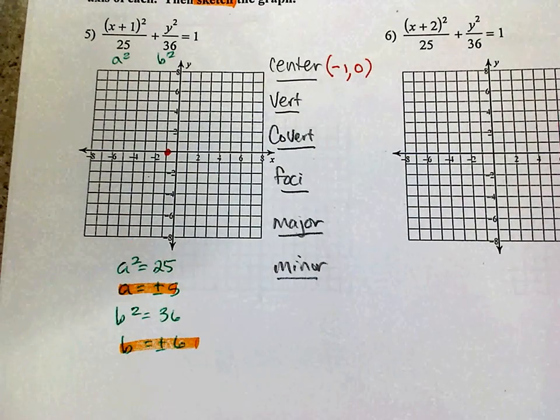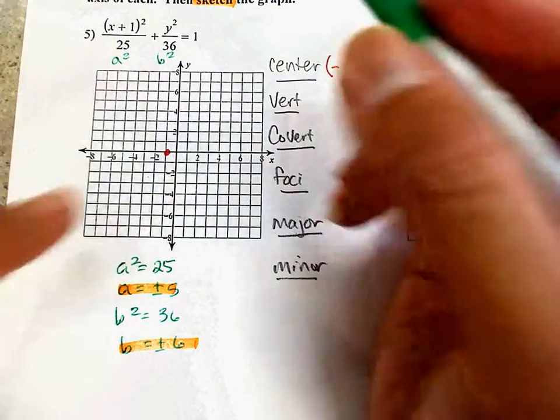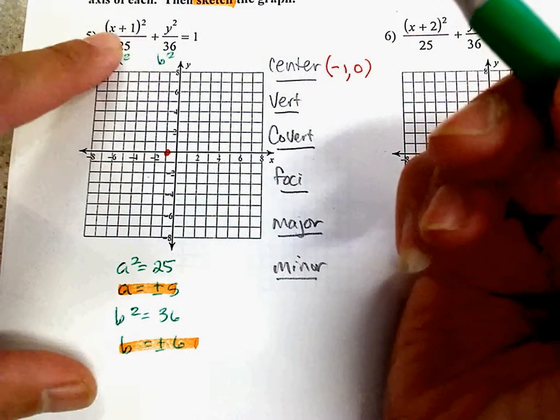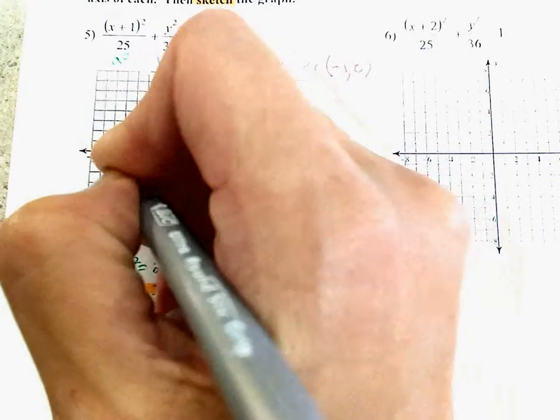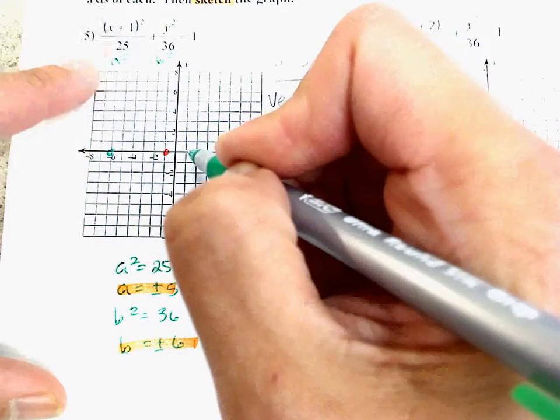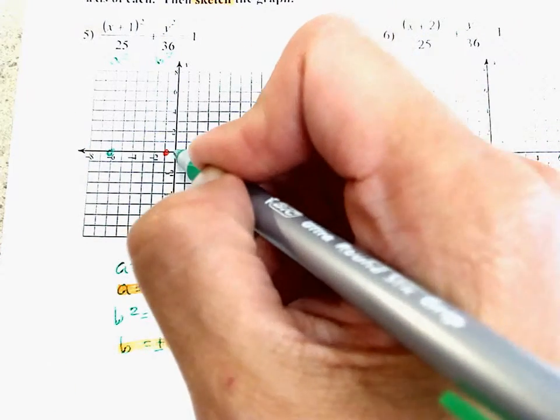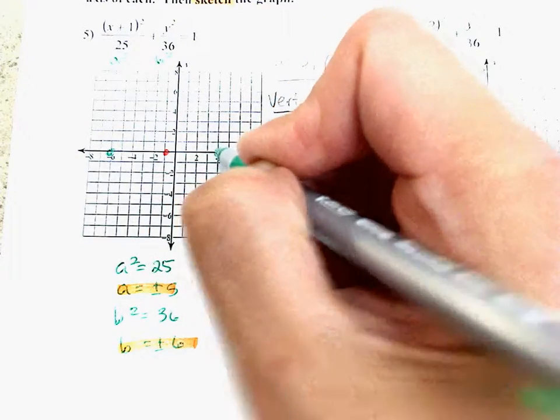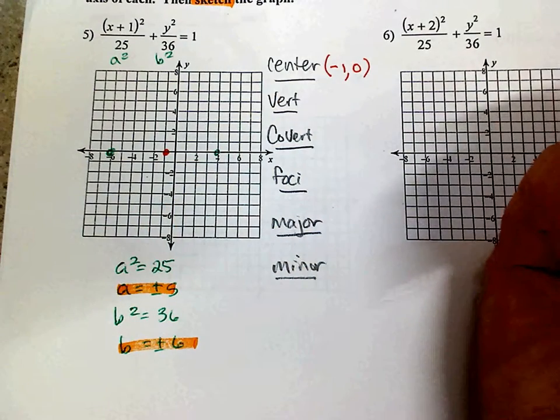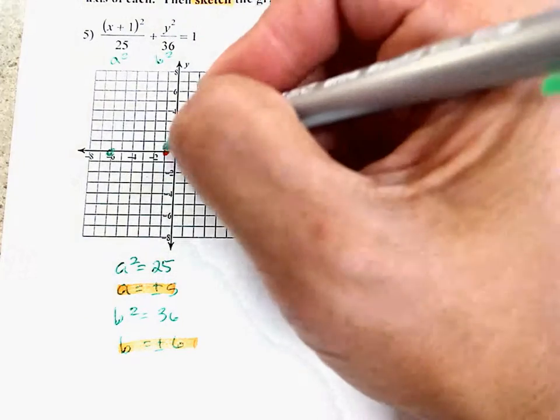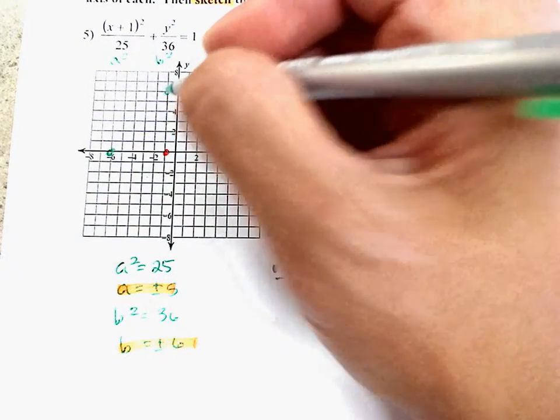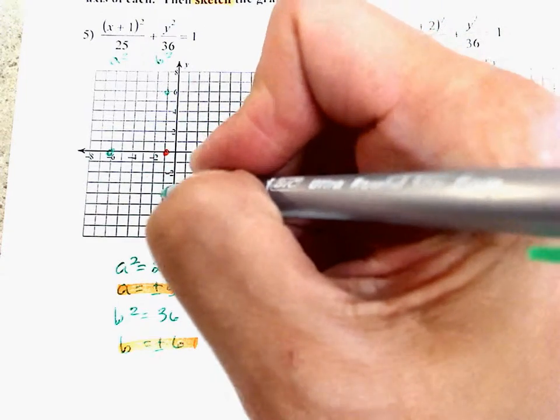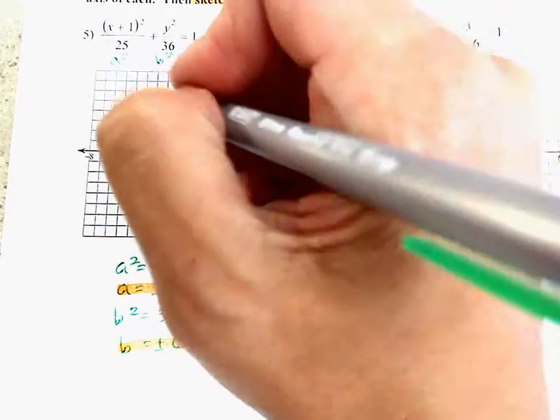Okay. Now we are going to graph. From your center, your a is under the x, so I'm going to go left 5 places. 1, 2, 3, 4, 5. To the right 5 places because it's under the x. 1, 2, 3, 4, 5. X-axis. Okay? Your y, from your center, up 6. 1, 2, 3, 4, 5, 6. Down 6. 1, 2, 3, 4, 5, 6. And there you have your